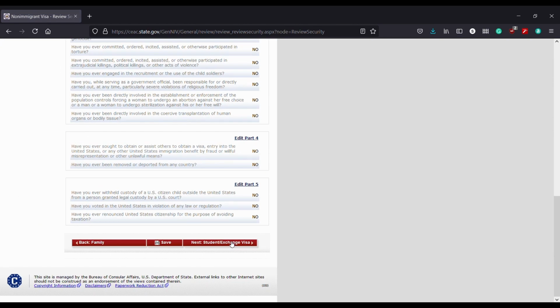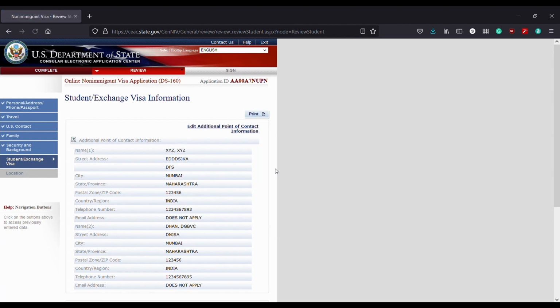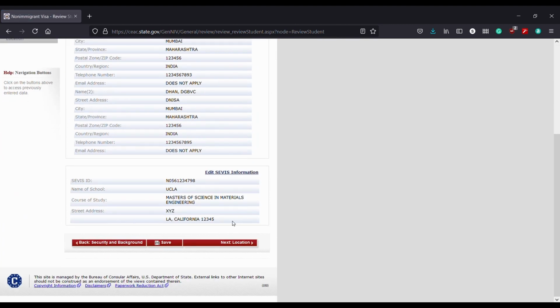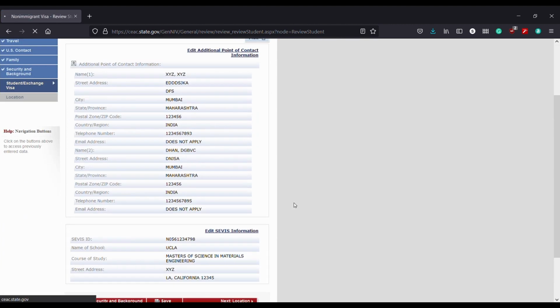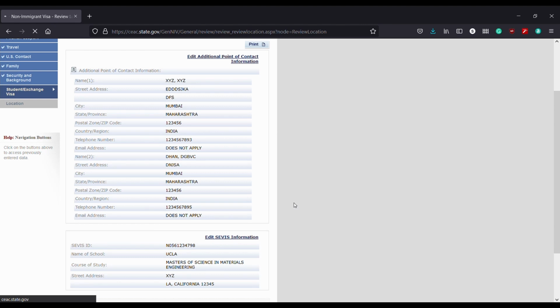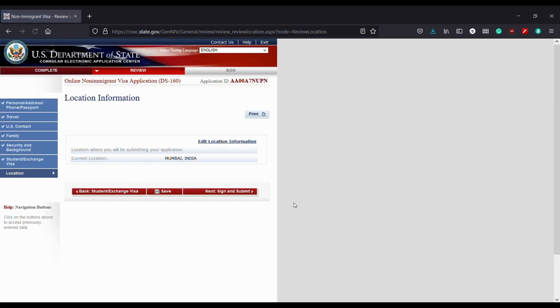This is right, my service information and additional point of contact, correct. My location is Mumbai, India. And finally next I move on to sign and submit.